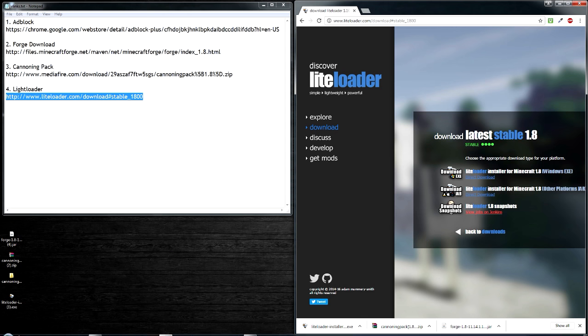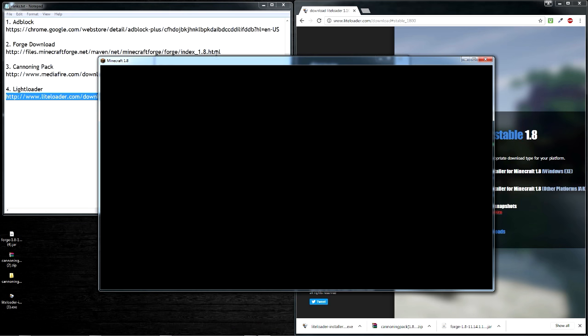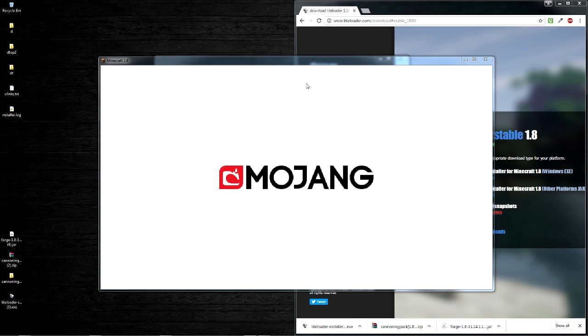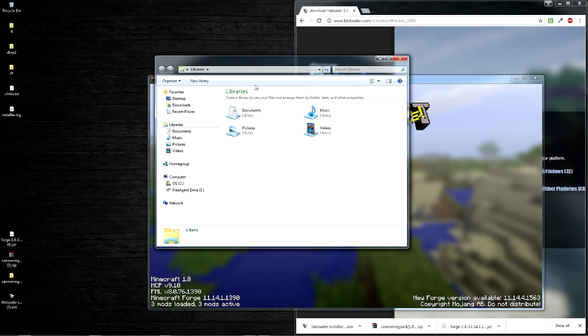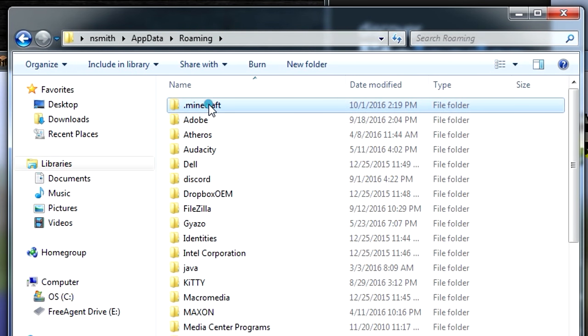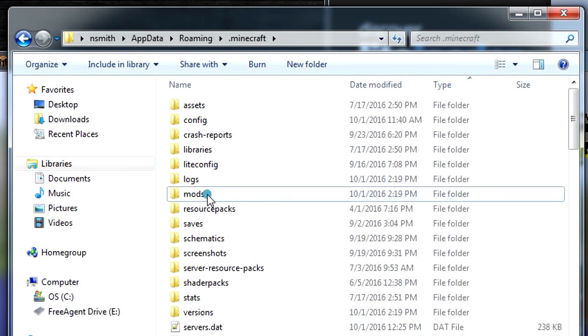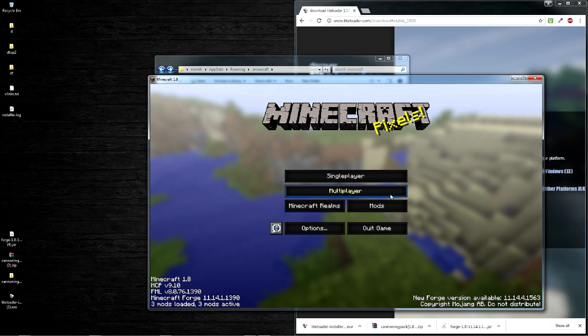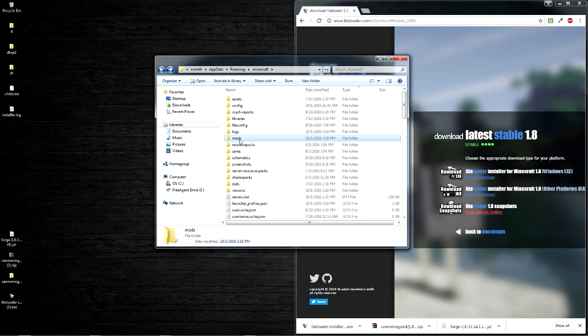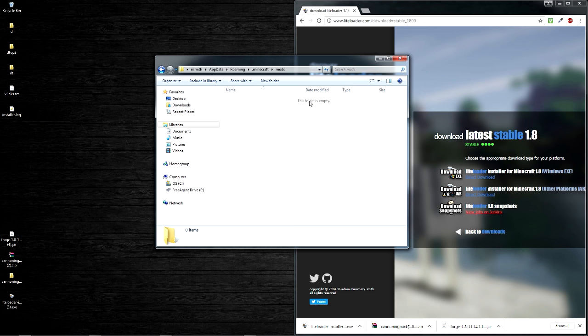And once you've launched this, if you head over to your libraries, hold on, it's getting a little bit jumbled. Okay, so if we head over to our app data .minecraft, now we have this new folder named mods. So that's going to be where we're putting all our mods. But yeah, now we've got, as you can see, mods. These are just the regular Forge mods. So we need to add our mods into this mod folder in our .minecraft.